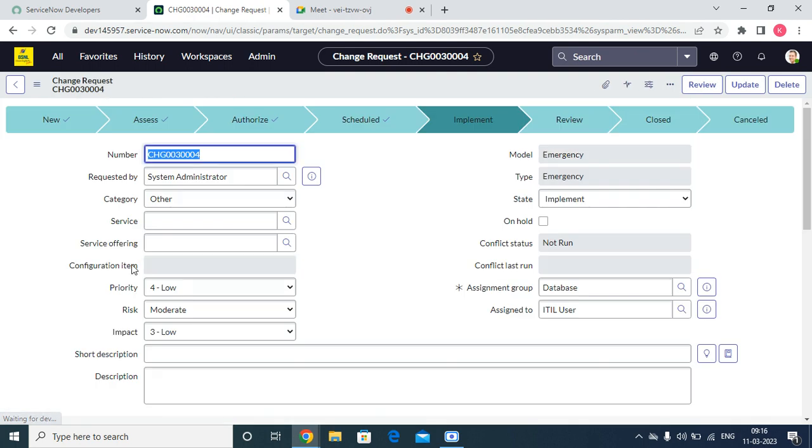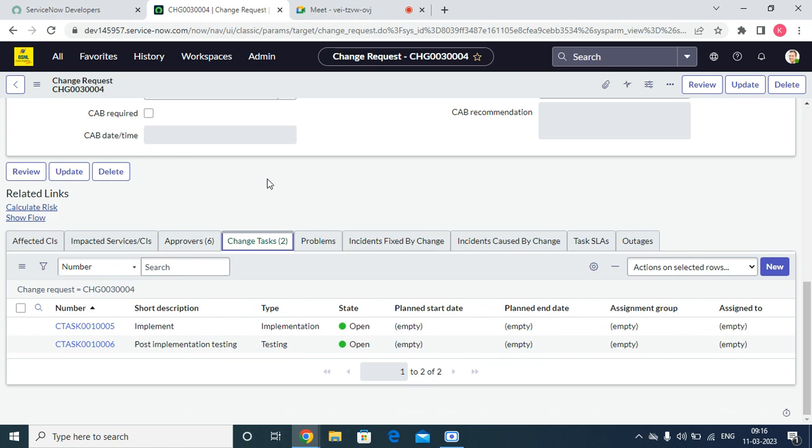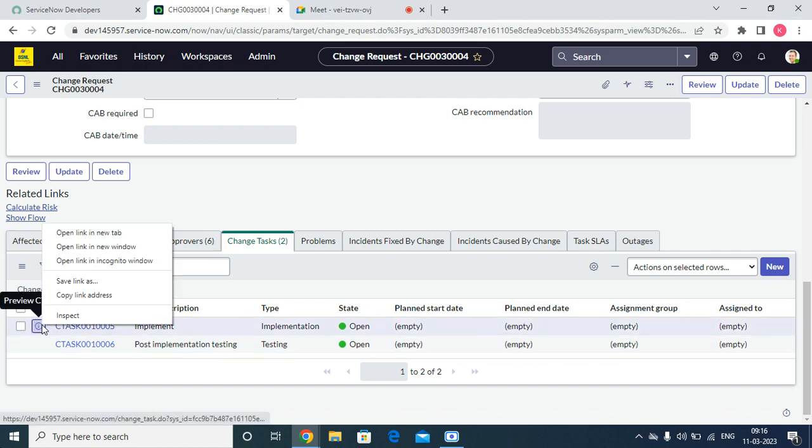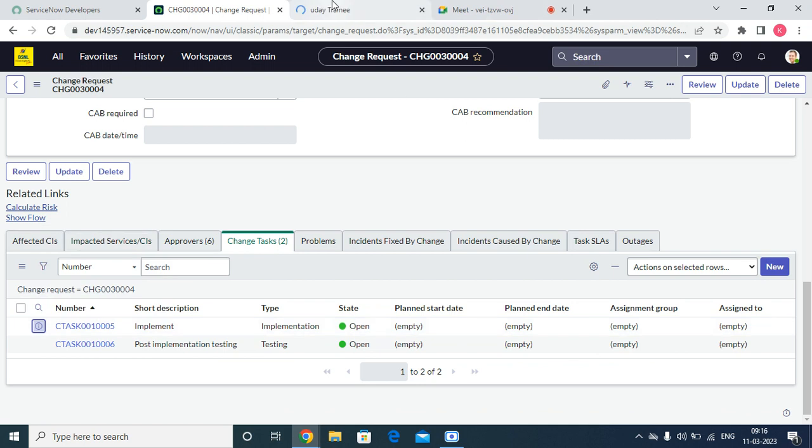Same thing from implement also, it will again create two change tasks, which is an implementation task and a testing task. The same procedure. So in every change, two tasks will be automatically generated, there's an implement task, and the